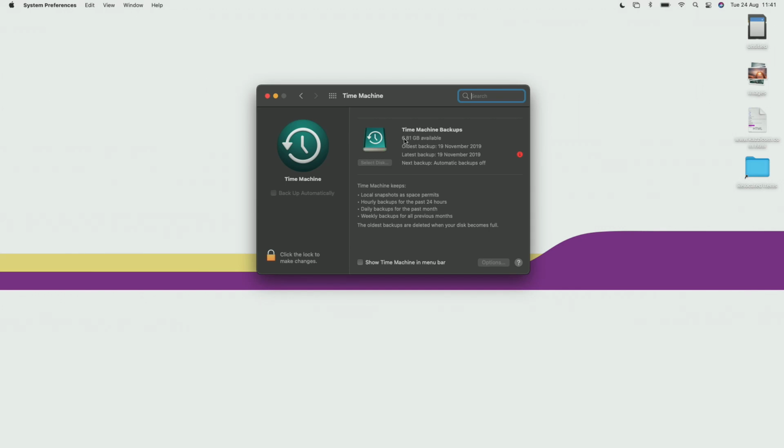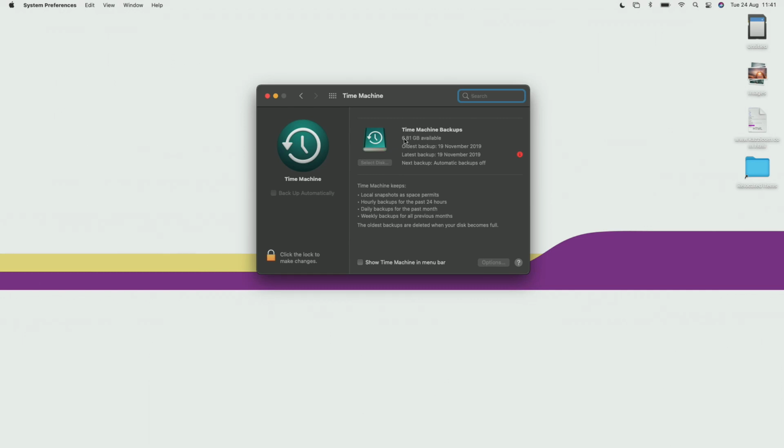or just in case you don't want to lose any important files or everything on your MacBook, it's good to do. You can do it to an external drive, or you can set a drive in your MacBook to do it as well, and partition a device, but I'd always recommend just keeping a separate hard drive to hand in case something happens. Oldest backups do get deleted when your disk becomes full, so please be aware